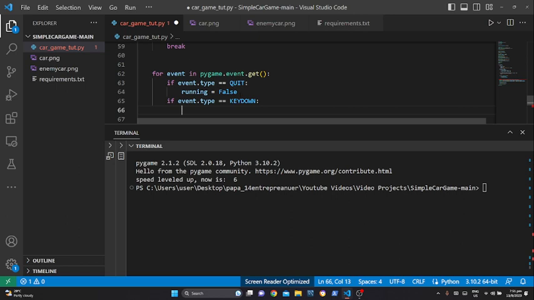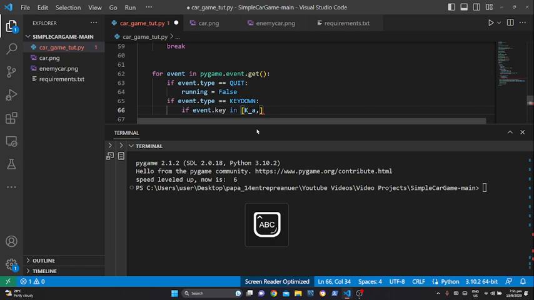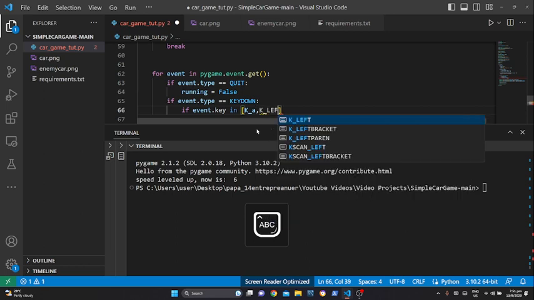So this is not going to be much. I just want to move the car to the left or to the right. So what I'm going to do is if event.key in K_a or K_left,